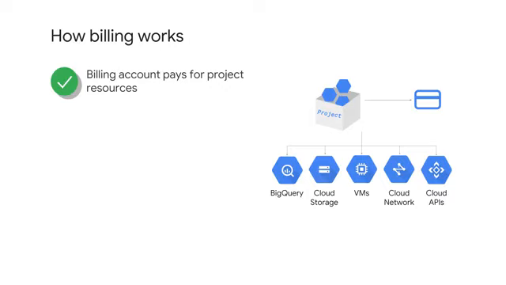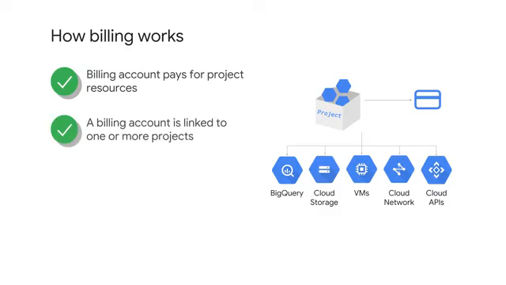Billing. It's no fun. It's a fact of life. Let's learn more about it. Billing in GCP is set up at the GCP project level. When you define a GCP project, you link a billing account to it. This billing account is where you'll configure all your billing information, including your payment option.